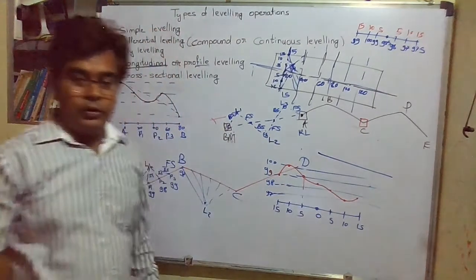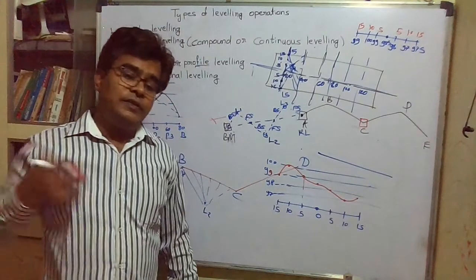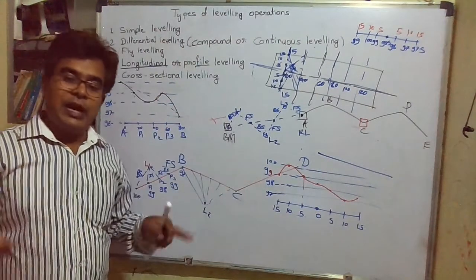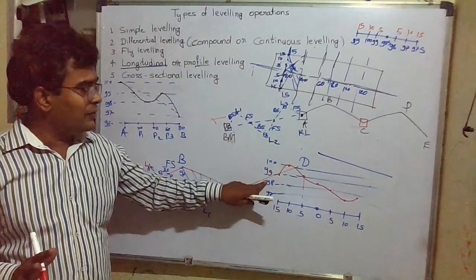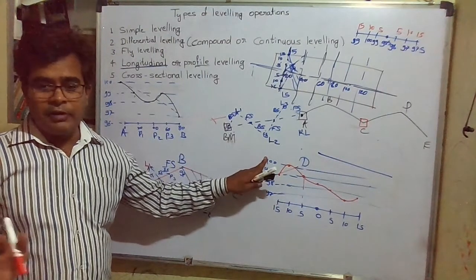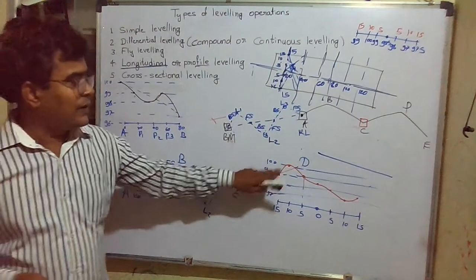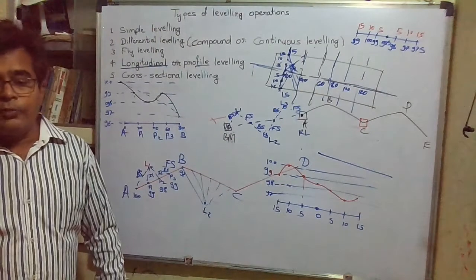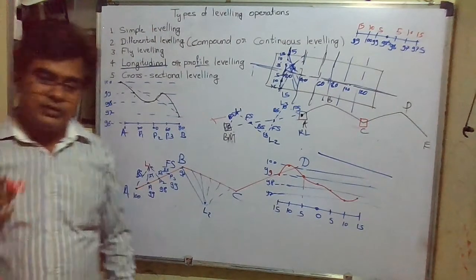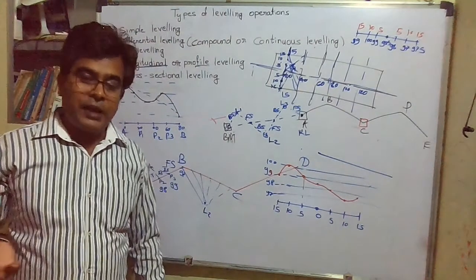Okay, so I have just explained how this is used. By using RL, we can plot the graph. This is nothing but a simple graph. These points are 97, 98, 99, 100, and you are all familiar with the graph. We can plot a graph of this so that we can get the profile of the ground. How is this used in practice?